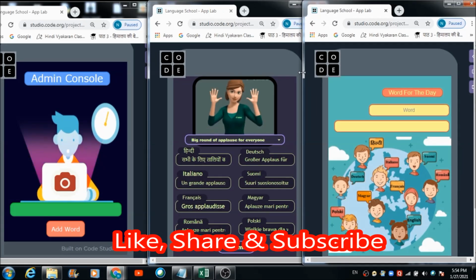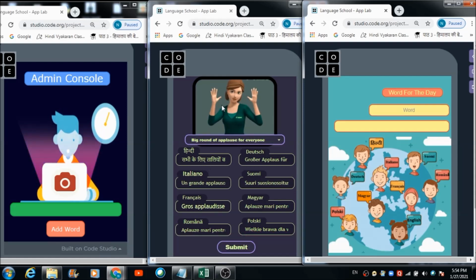Now let's check out how this student can access all this information which the teacher has entered through his panel. For that, he has to hit this word of the day label box first, and automatically he'll get to see this image over here and the sentence which the teacher has translated in Hindi or in Dutch or in Italiano.